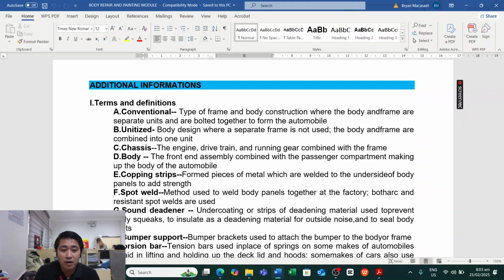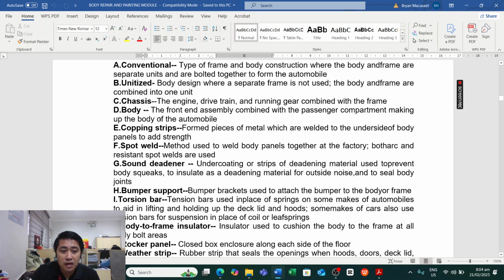The body and frame are combined into one unit. Ito yung bago ngayon, yung unitized body construction, wherein built-in na yung chassis at saka yung body. The third one yung tinatawag nating chassis. So, chassis is the engine, drivetrain, and running gear combined with the frame. So, yun yung chassis. Next, yung body naman, the front end assembly combined with the passenger compartment making up the